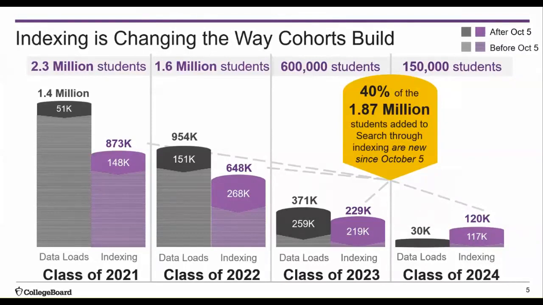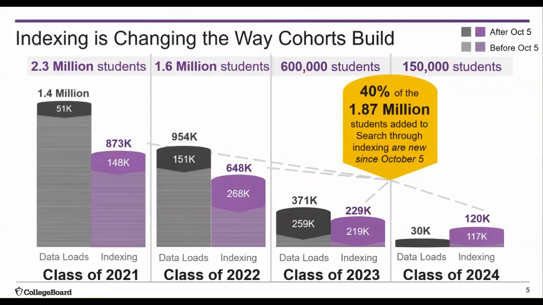So when you license names frequently and consistently, like you'll hear Eric talk about today, you're letting student engagement drive your search behavior. So indexing of students into search, as you can see on this slide, has grown each cohort in significant ways. Since indexing is an ongoing process, you'll notice hundreds of thousands of students enter search this way week by week. Now, it's true that indexing has always been important, and savvy search users are aware of this, but it's taken on even greater importance since last October.